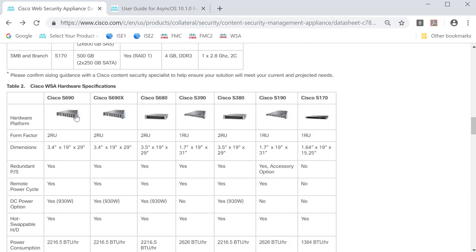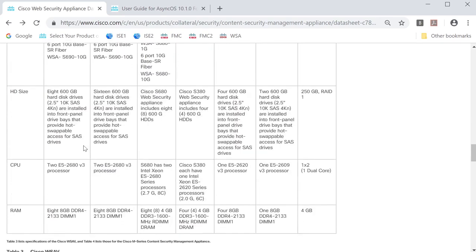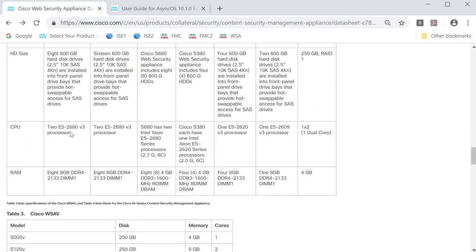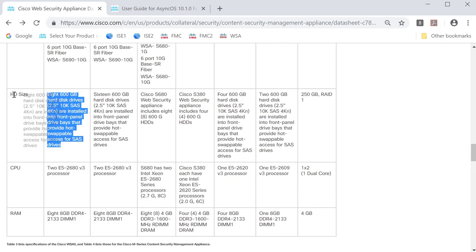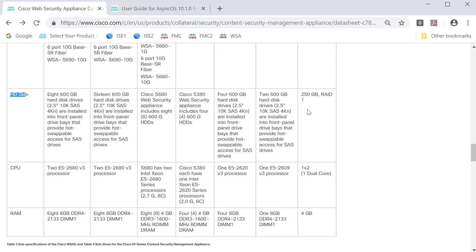Versus the other end of the spectrum, S690, it says 2 E5-2680 V3 processors. It says 8 cubes total, where each of the cubes has 8 gigs of RAM. And then we also see the differences in the hard disk size. RAID 1, 250 gigs for S170